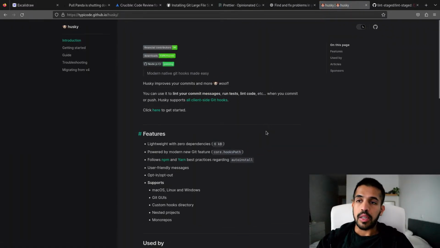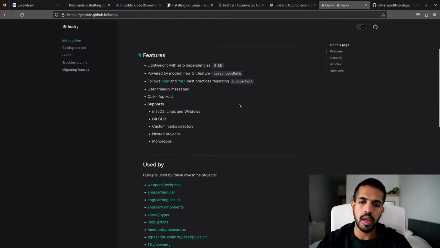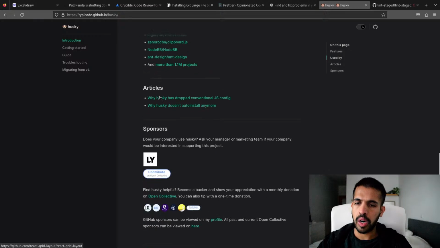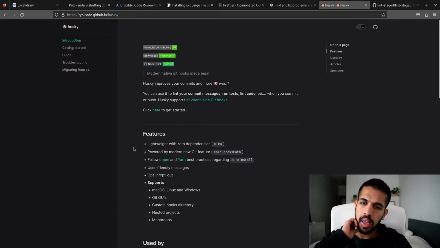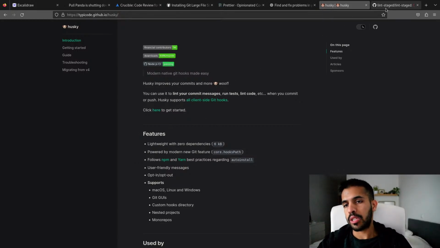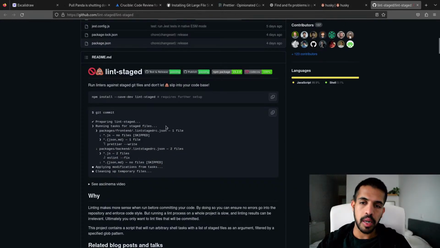With Husky, you can set up pre-commit hooks where every time you commit to the repository, it will run some code or some workflow, and you can do whatever you want. In this case, you would combine this together with lint-staged, or I think Husky has its own support for triggering lints out of the box. I'm not exactly sure. I haven't set it up from scratch yet. I've always worked on projects where it was already set up. But in general, you can probably set these two up to run every time you commit.